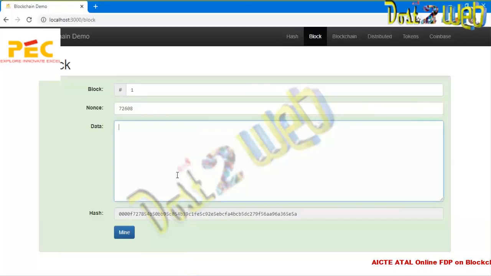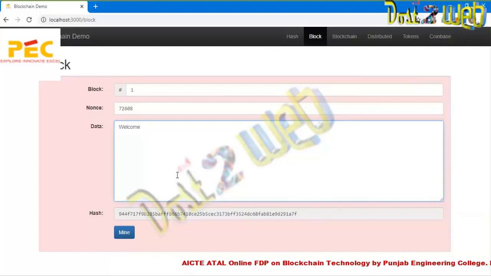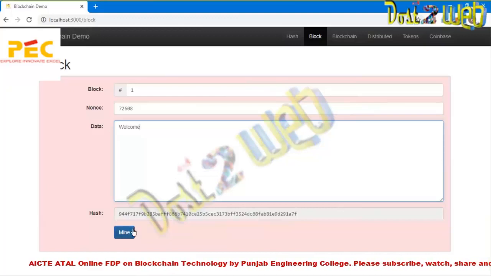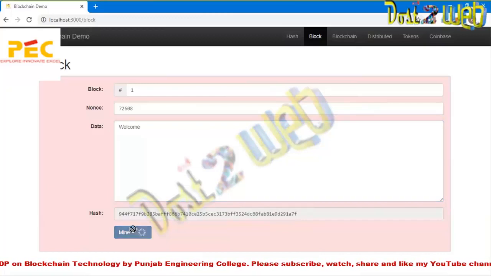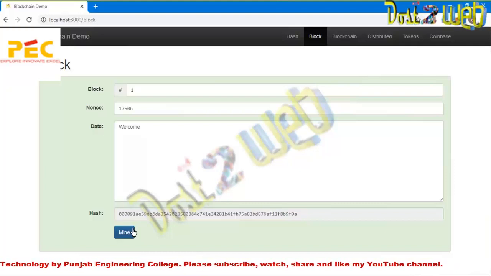If we substitute some data in the block, the color of the block completely changes to red and the corresponding hash also changes. But the system takes it as an invalid block as the mining difficulty is not reached. In order to add the block into the blockchain, the miner needs to mine the block. Let's mine the block. The system will take some time in order to mine the block. How is it done?